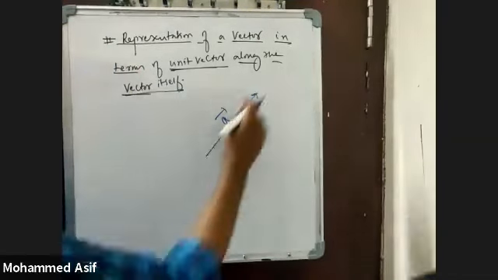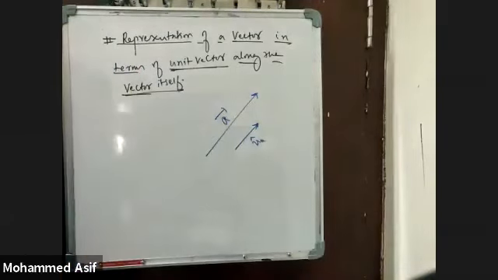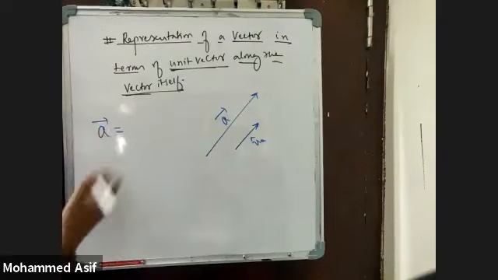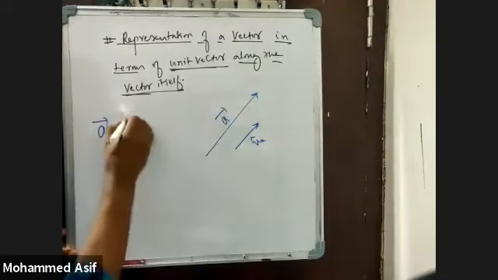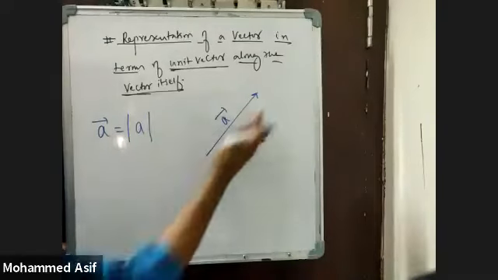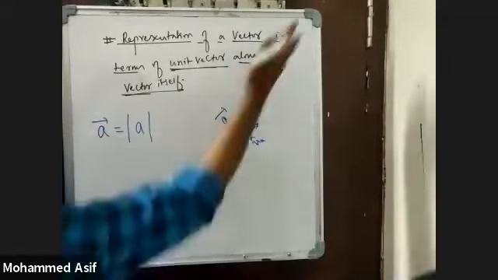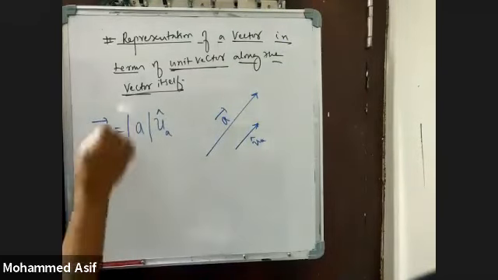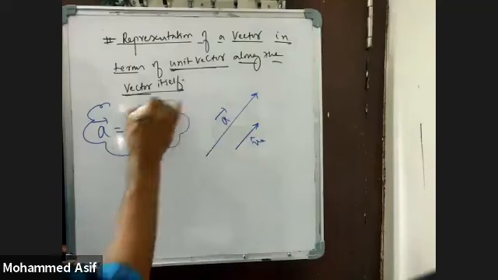U cap. This is a vector A bar. So I'm writing here right now the condition. The given vector A bar must represent its magnitude and also the direction. Direction of this one is in this direction as per the arrow. So it is nothing but your unit vector A cap. So this is the way we represent a unit vector.